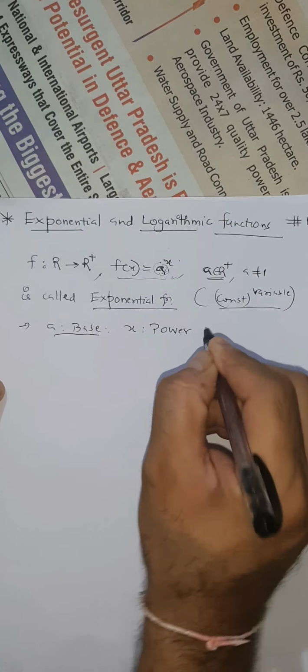You know, if f is a function from A to B, then its inverse would be a function from B to A. So log is a function from R plus to R, codomain to domain, that you know from chapter number 1, defined as